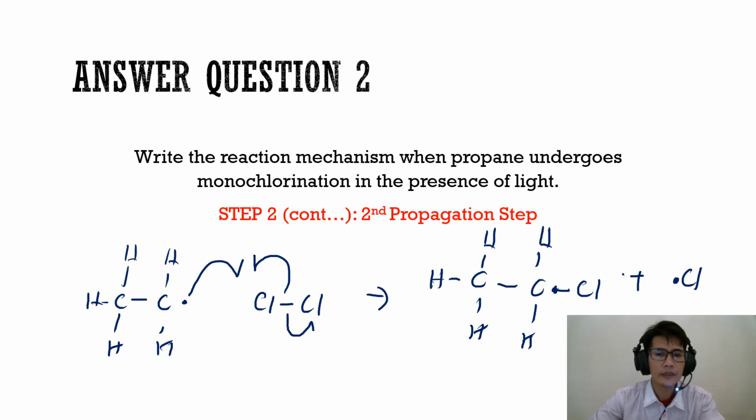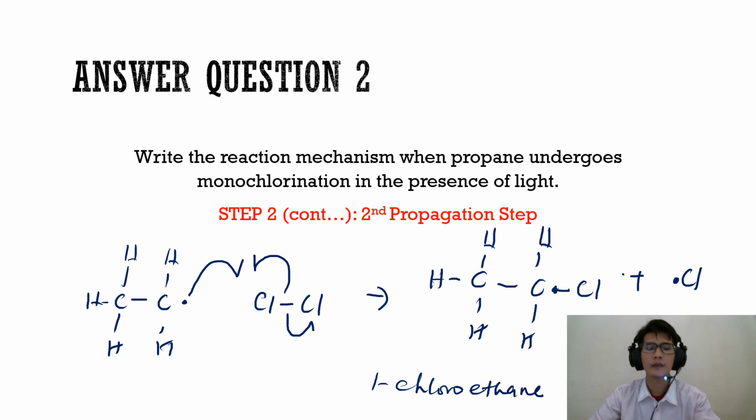So, in this step actually, we have produced the haloalkane, which is the 1-chloroethane. Okay, but this step will go to the previous step. I mean, we produce the Cl dot, and this Cl dot will attack the ethane molecule, the normal ethane molecule,